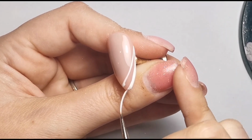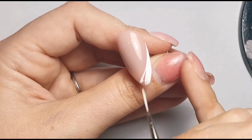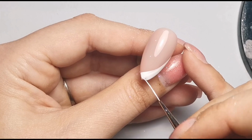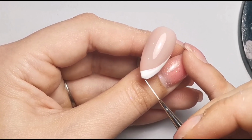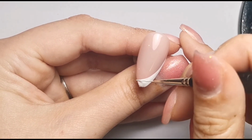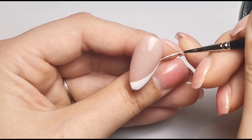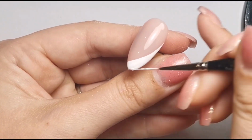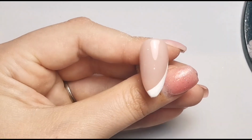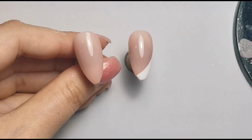To be honest with you, I'm not really a huge fan of white. I know a lot of people out there love white nails, but it's not for me. I think white is just a little bit too harsh. Because obviously, typically with colours, if you want pink, you can have light, medium, dark, bright, deep, sheer, there's all sorts of different shades of different colours. Whereas white is just white. Obviously you can get a cloudy white, but white in general is exactly that, it's white. So that is one thing that I'm not really a fan of it for,